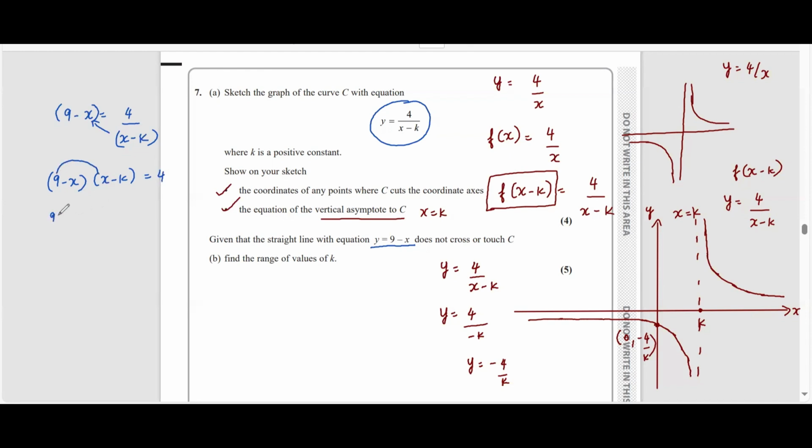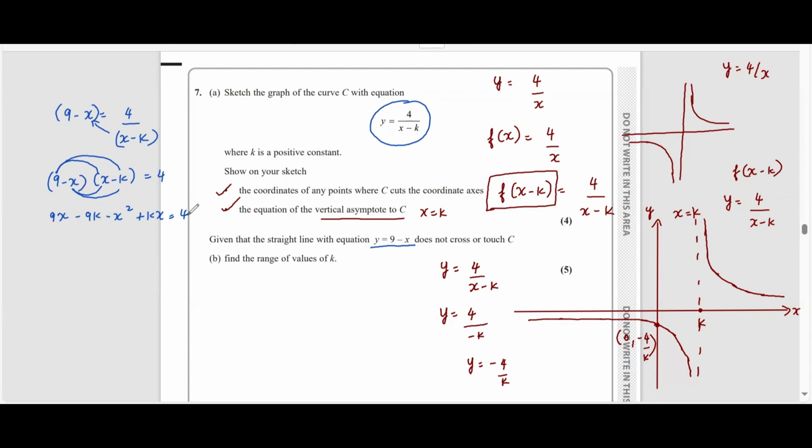Let's just multiply the brackets. 9 into x is 9x. 9 into minus k is minus 9k. Minus x into x is minus x square. Minus x into minus k is positive kx, is equal to 4. So here,